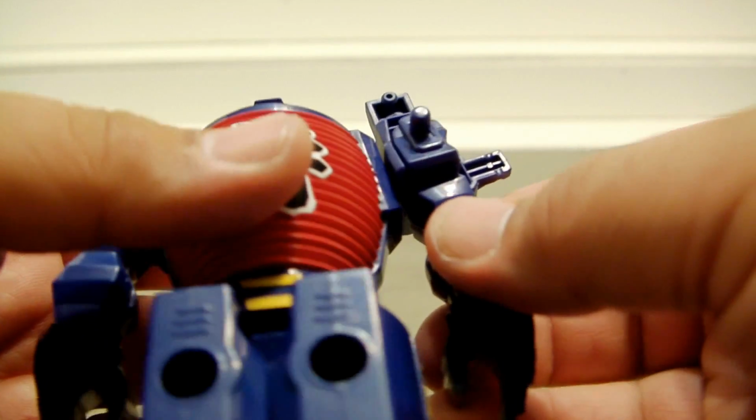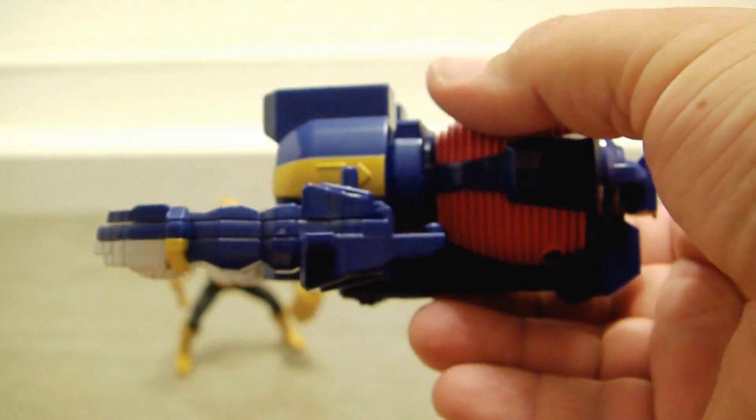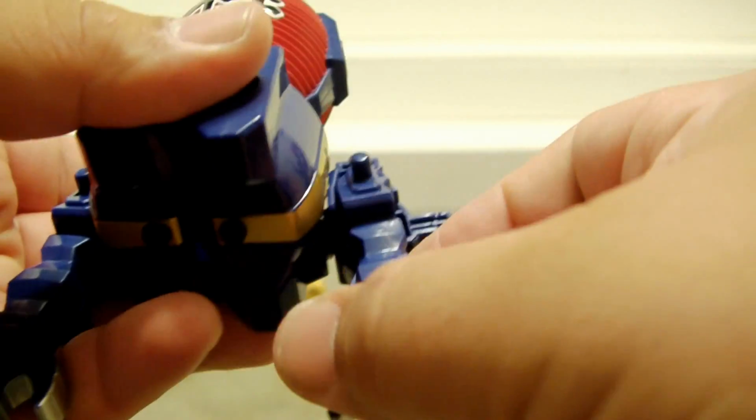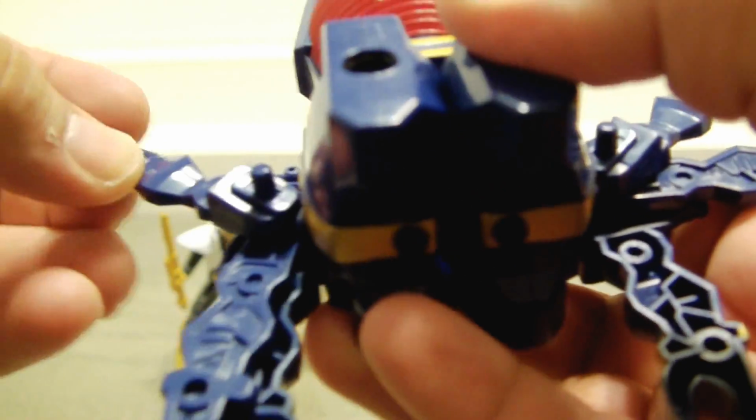So let's show you some articulation for Antonio. Unlike some of the other ones, the feet just pop off really easy. I don't know why. The other ones seem to have been better glued. His hand does move 360 degrees, but not very easily. It doesn't seem round. It seems like it's almost kind of squarish there. And if you look at the inside of the peg there, it's supposed to, I guess,